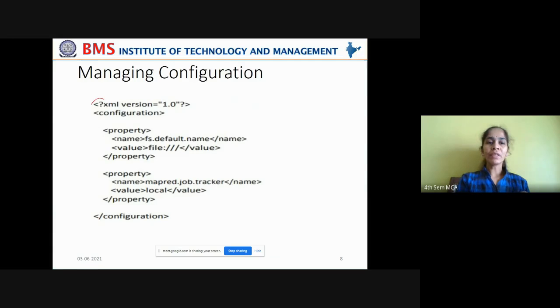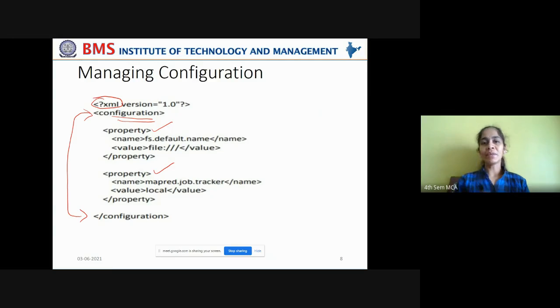Okay. Now this is representing an .xml file. Here it is, the Hadoop local.xml file, which contains the configuration information. That is why you can see that they are enclosed between the configuration tags, which indicates this is the configuration information for the Hadoop local file. Now, what are the properties that have been set in this file?